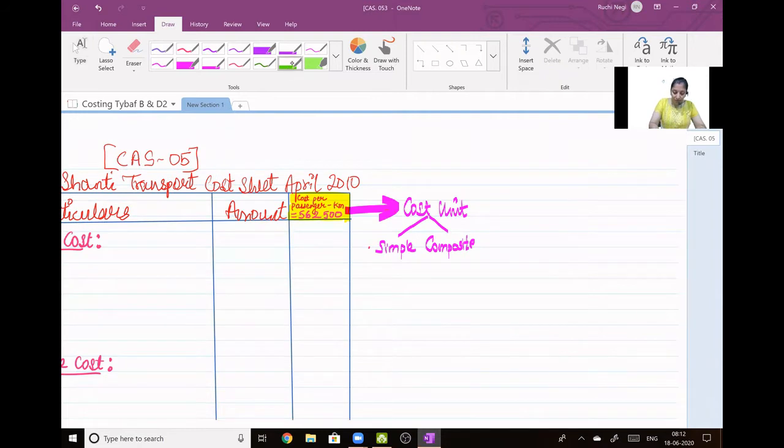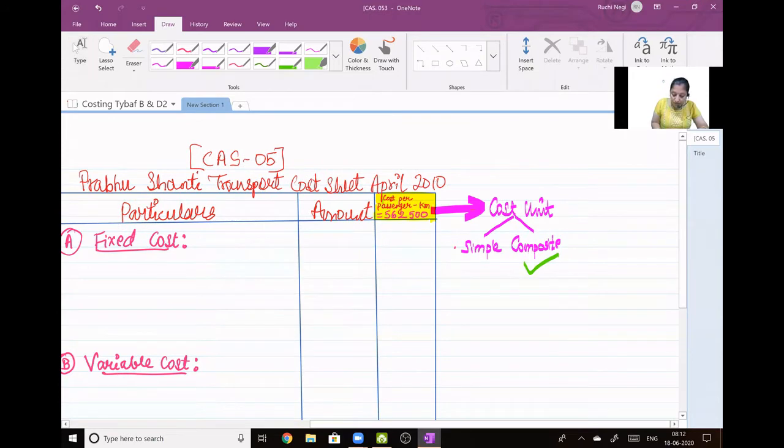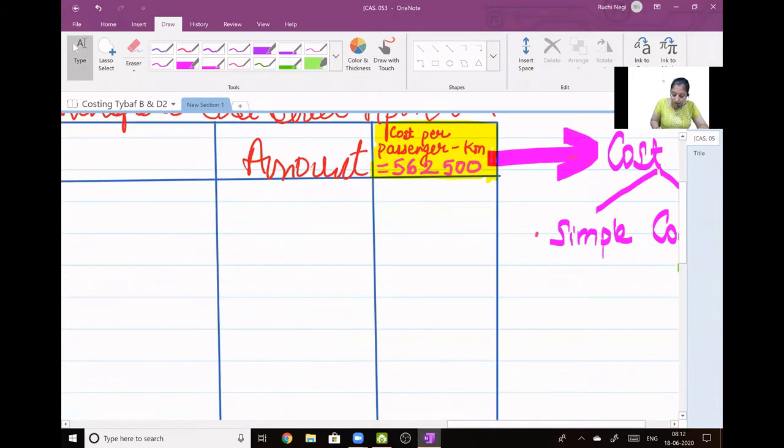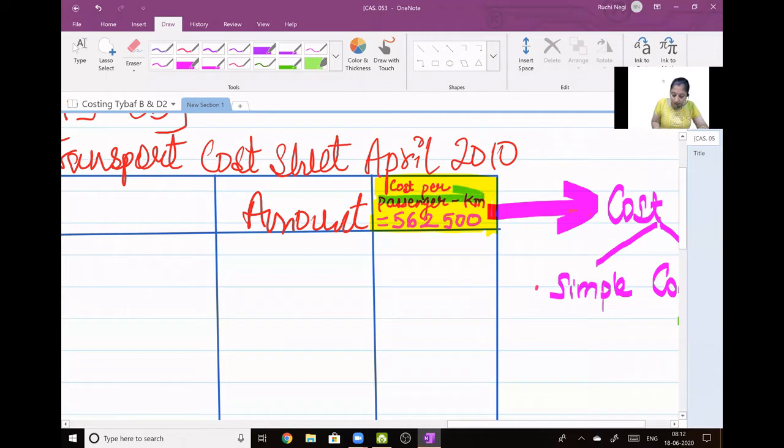Okay, I'm writing it here. In this question, it is a composite cost unit. You don't have to write all this in the question. I am doing it for your reference so that whenever you're revising the question, you come to know whatever I have done. Okay, so this third column is indicated from this. Zoom in. This one I am talking about. Cost per passenger kilometer. So this is what you have to write here.